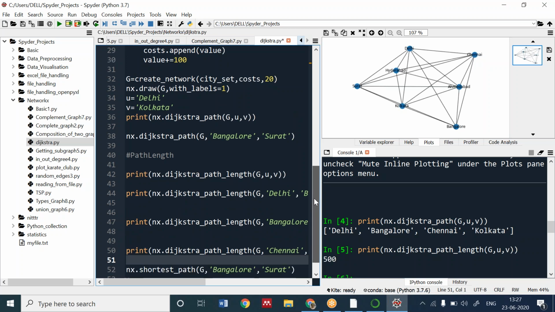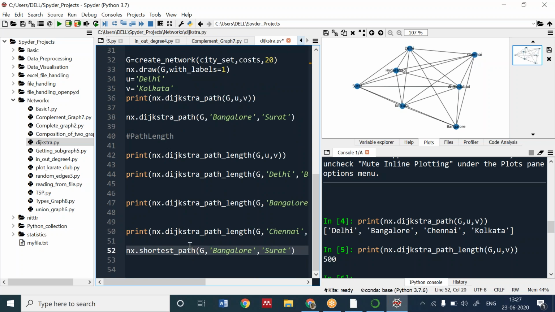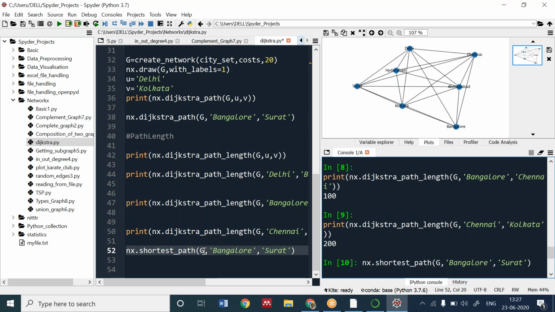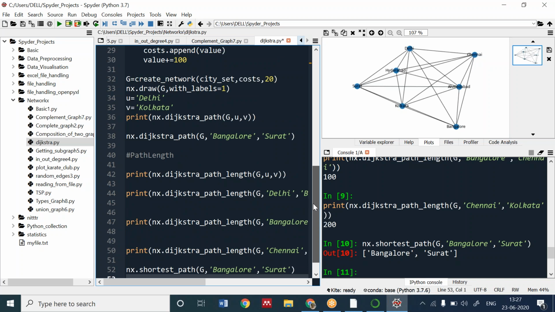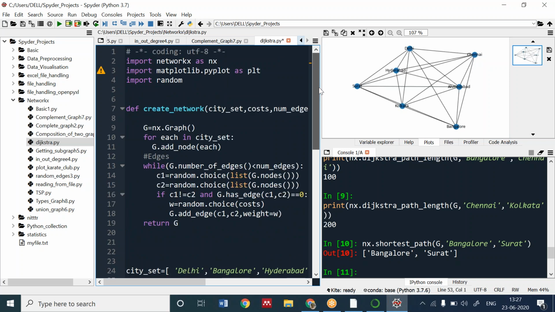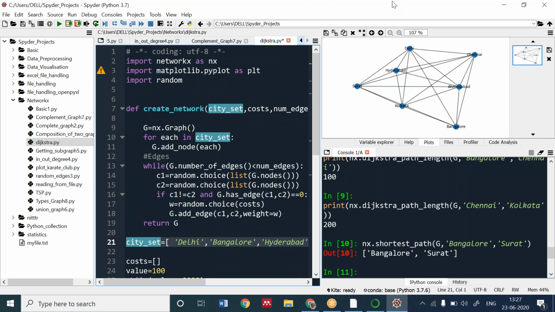Okay, let me finish. You can have the shortest path also. As I have run the extra path, you can run the shortest path also. This is the shortest path. You can change the value and see the shortest path also. I'm showing you the code. You can write it down, then you can implement it. Write it down, I'm giving you time.